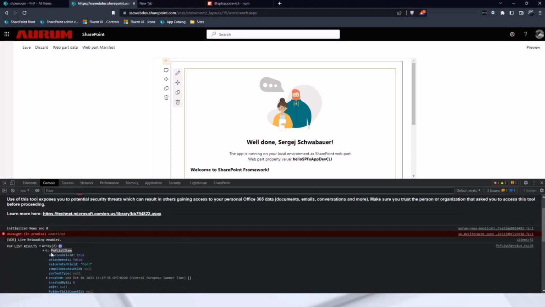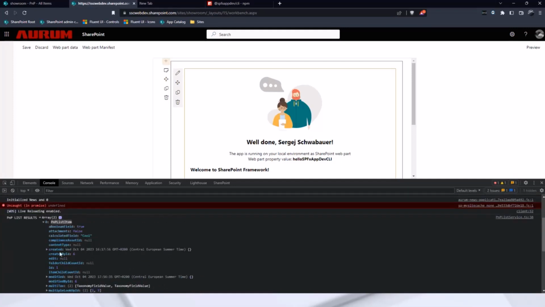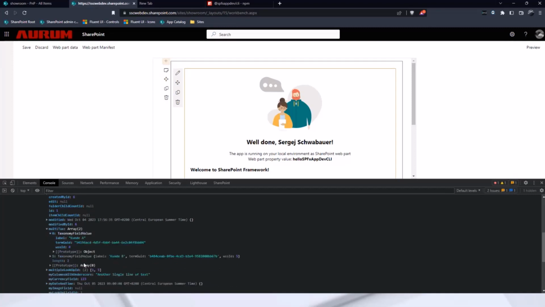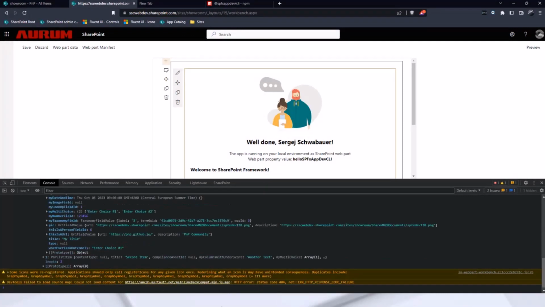I have the camel case fields or properties. And for example, a date object was converted to a date object. Taxonomy field was converted to taxonomy field value. That is also a mapper attribute, a custom class. And you can do the same vice versa as mentioned before.